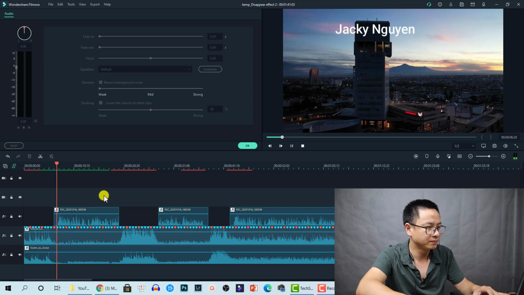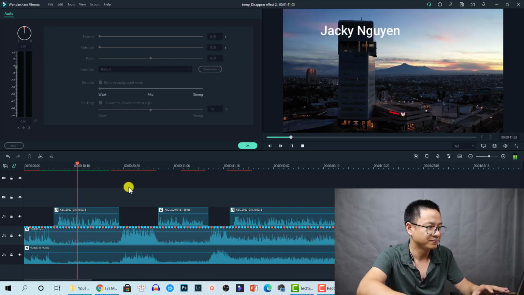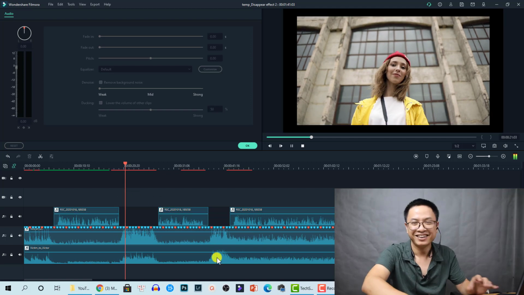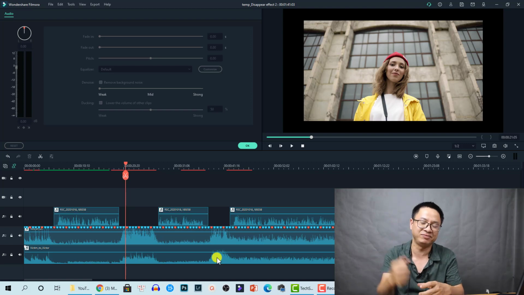So the audio ducking feature is very nice. Wow. You can replace the audio keyframe. So I love this feature, audio ducking in Filmora 10, and I believe that I will use this feature a